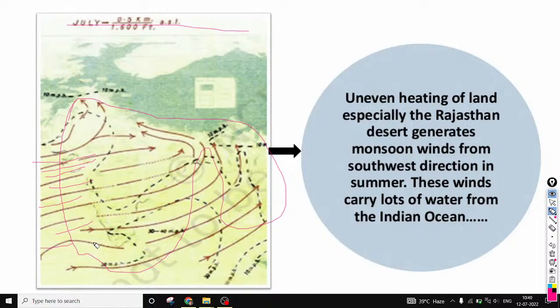From the Arabian Sea, and in the winter season, the air comes back from the Bay of Bengal or from the Himalayan region. So uneven heating of land, especially the Rajasthan desert, generates monsoon winds from the southwest direction in summer, and these winds carry lots of water from the Indian Ocean, which causes rainfall in our